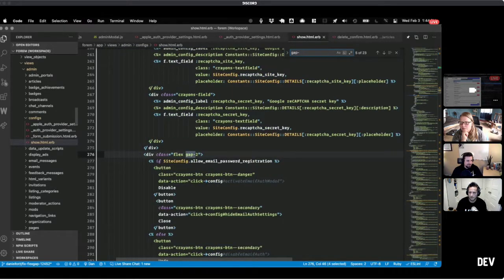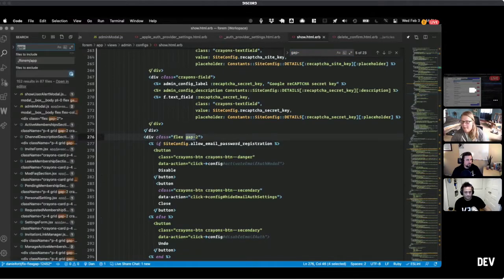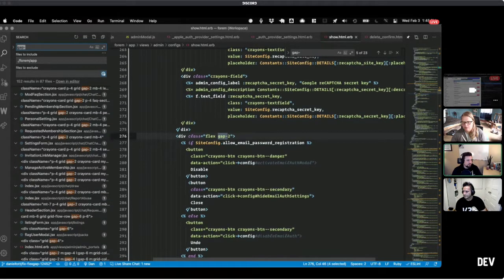I don't know. I mean, most of the files don't have a ton of them. When I was doing the search, most of the files did not have a bunch, and so I just eyeballed them. You can usually see it's just like this one has flex, this one has flex, this one has grid, and most of the files don't have a bunch of them in there, so it's really not like